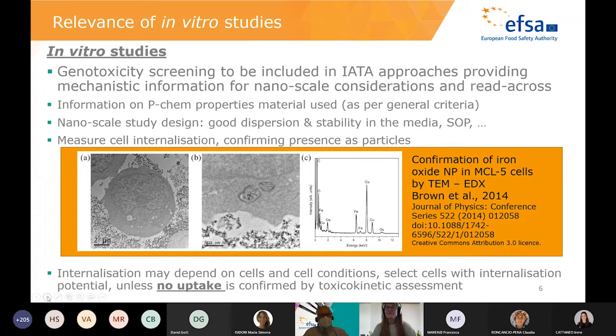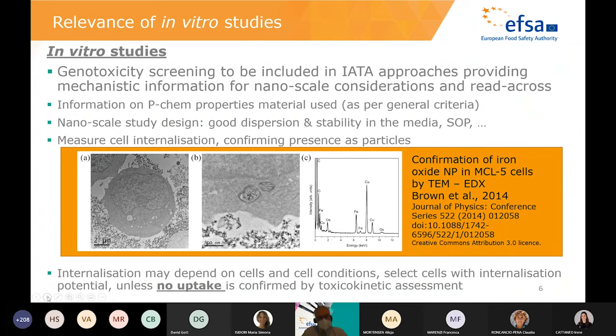It's connected to the possibility for using non-animal testing. This is already well done in the area of genotoxicity. As you know, we always start with in vitro studies. One of the key elements is that the absorption of the nanomaterials is absolutely critical. So for assessing the different mechanistic